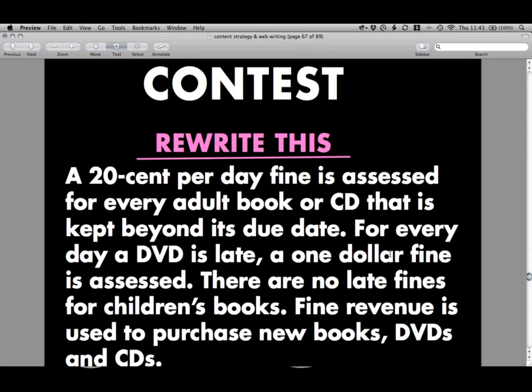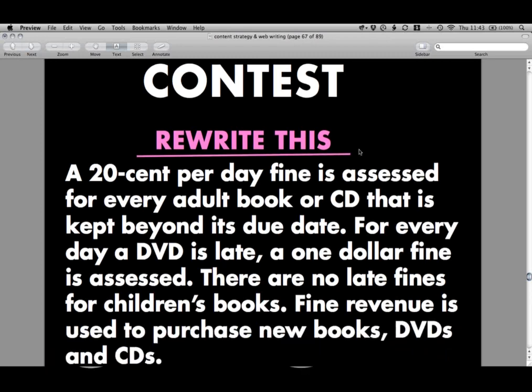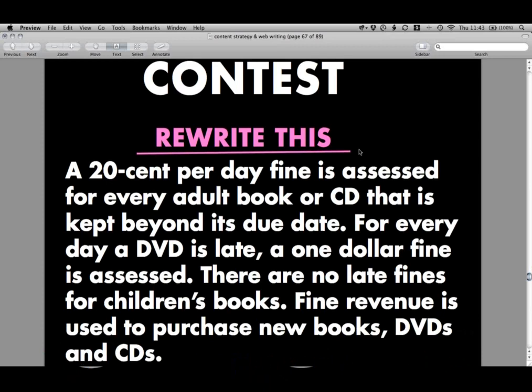Or they're not done. I have a few suggestions that came in. One person said, use a different type, bullet points, different background, do not like white on black. Fines are used to purchase new items. Maybe word this in a more positive way. Yes, I would like the idea of making a list or bullet points for this, or making some kind of table where the items are listed on the left and the fines are...